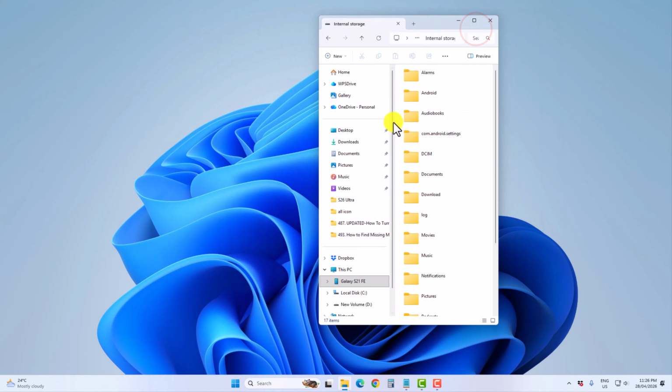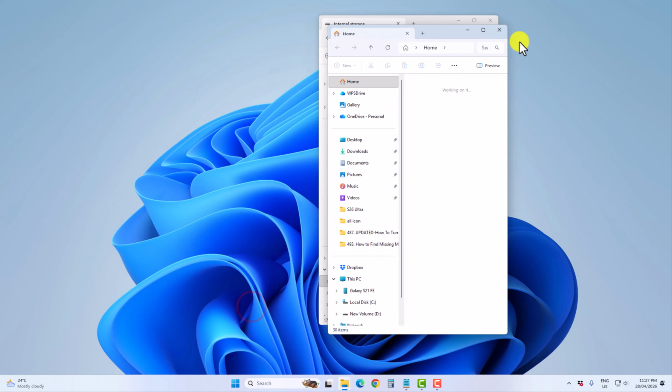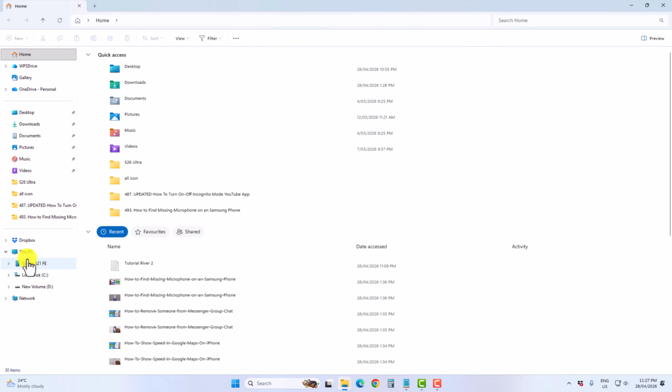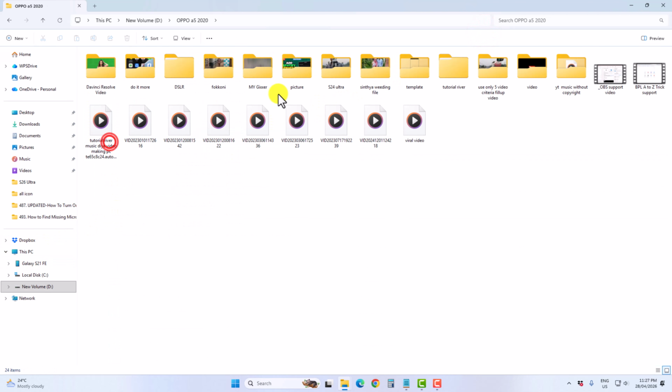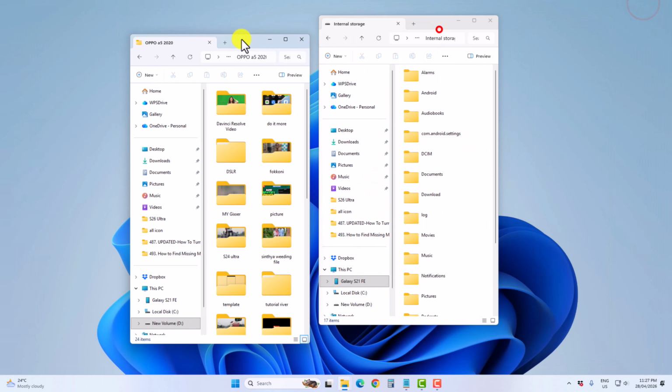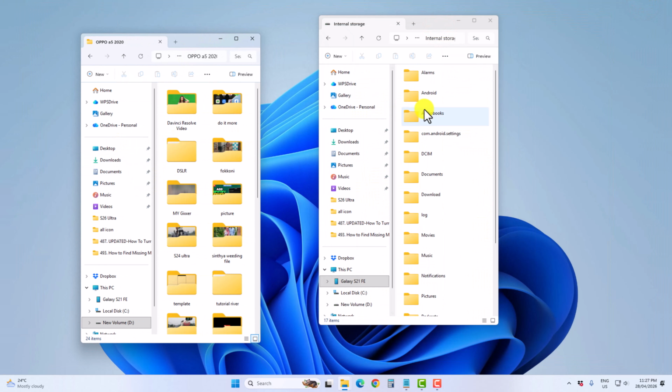This is my phone storage, and this is my computer storage. So if you want to transfer from computer to phone or phone to computer, in the same way, like